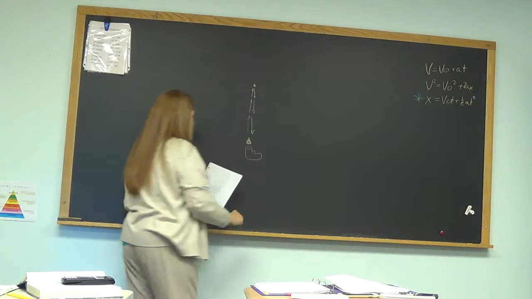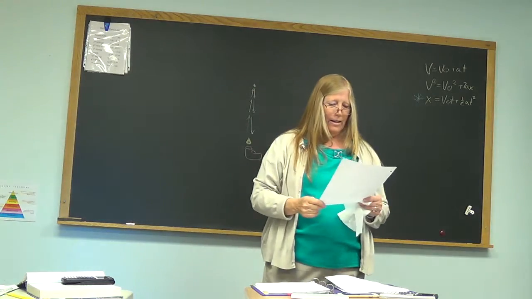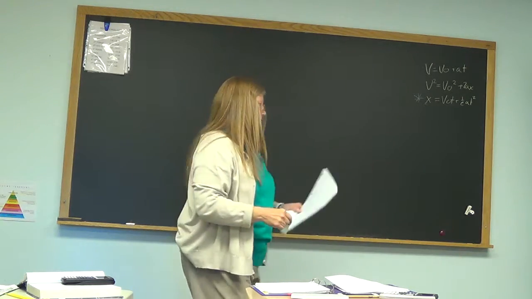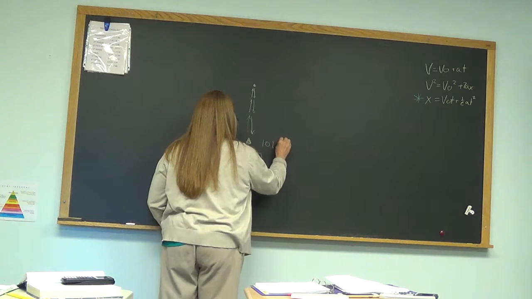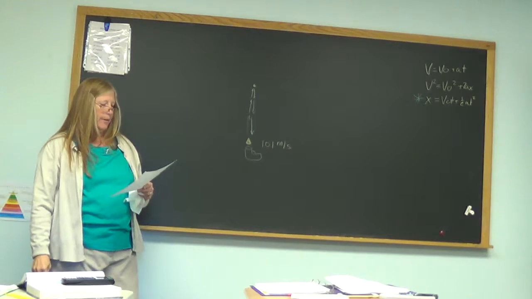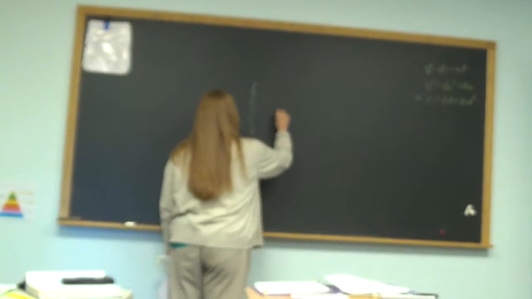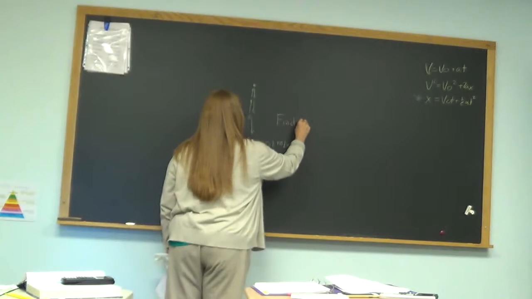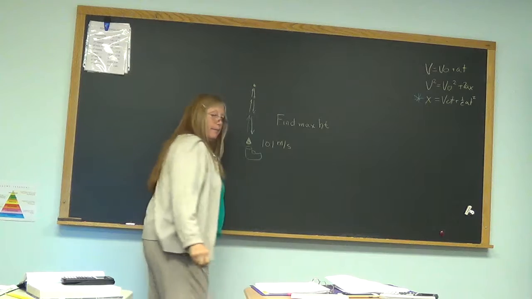Alright, finals we go. All I want to know is, given the initial velocity of the bullet, 101 meters per second right out of the chamber, I want to know the maximum height. Alright, so